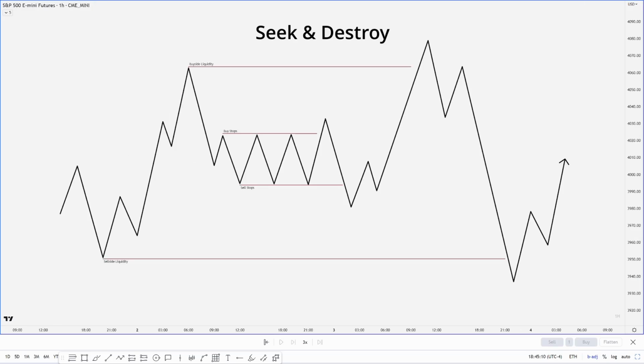A seek and destroy profile is a lack of higher time frame direction relative to the time frame you are watching, which leaves us with consolidation. Looking at this diagram here, you can see we have our sell side and buy side liquidity created from this price leg up. Now with a consolidation on the higher time frame, I'm expecting when price tries to leave this range to return back into the range.